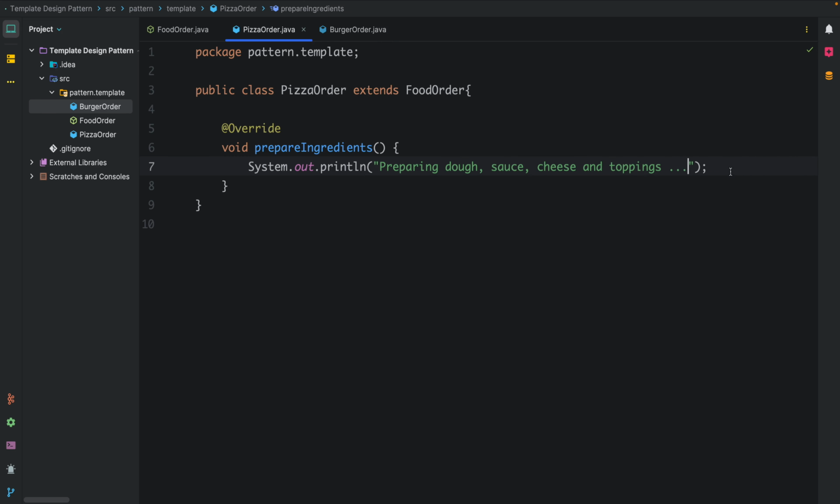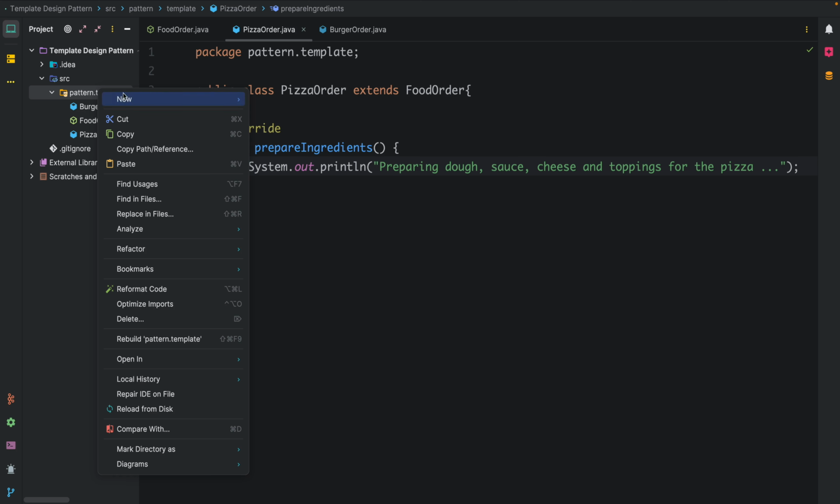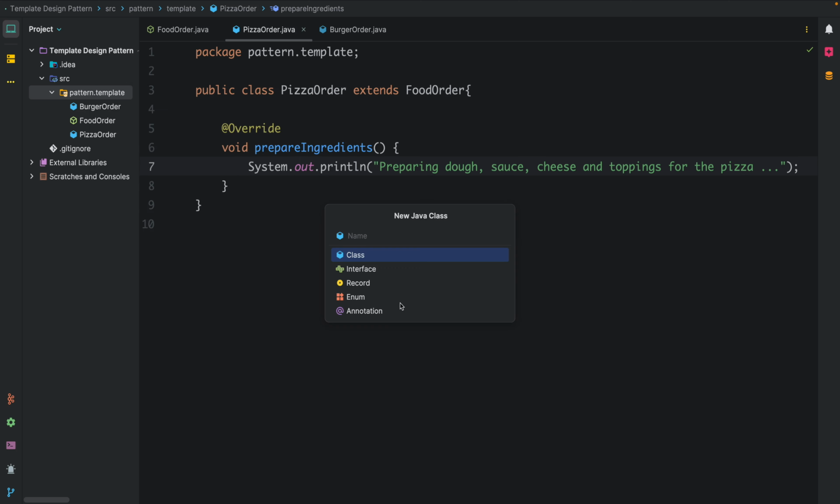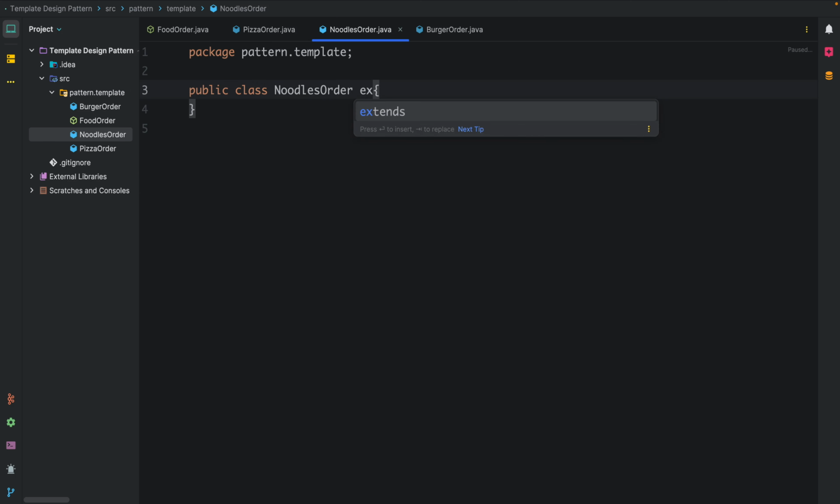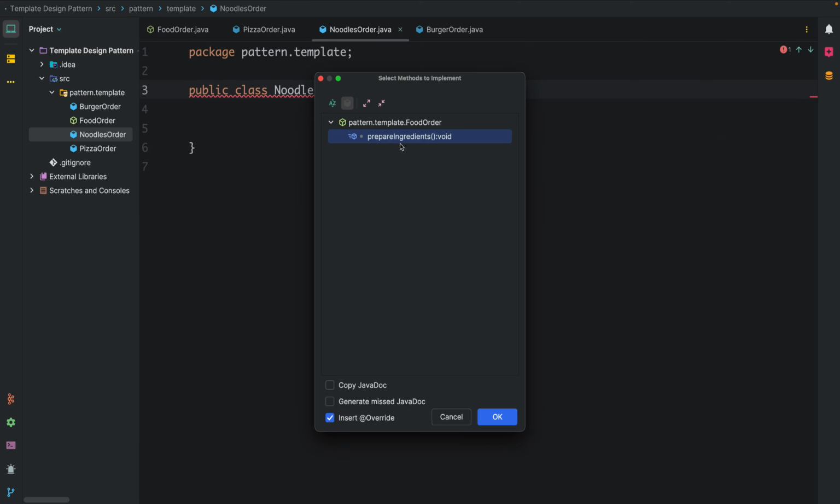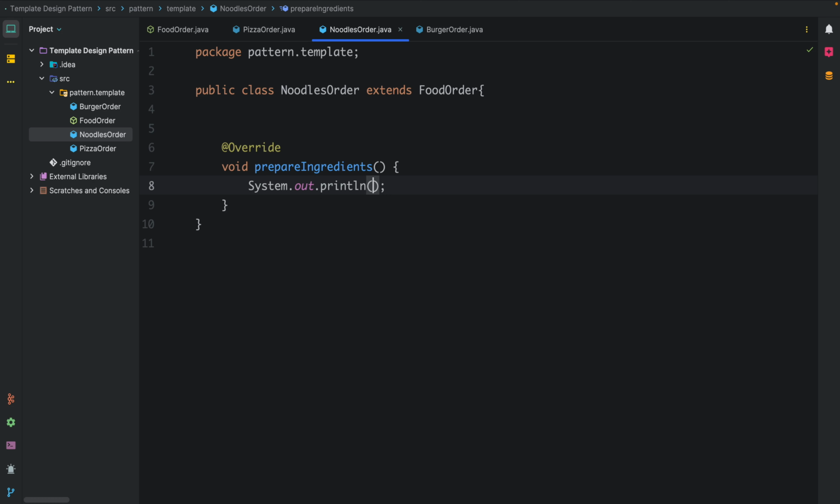And we can do one thing here, let's print for the pizza, so that in printing we can see this message is for which food item. And we can create our final class, noodles order, and this is also inherited from food order. Let's override the method prepare ingredients, and we can print here boiling noodles, sauces and vegetables for the noodles,